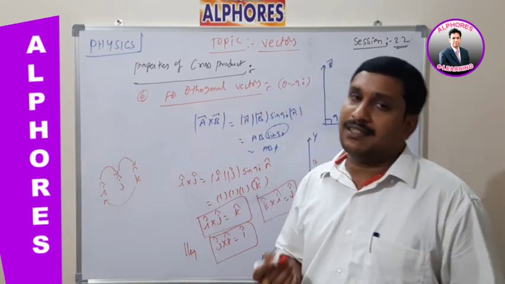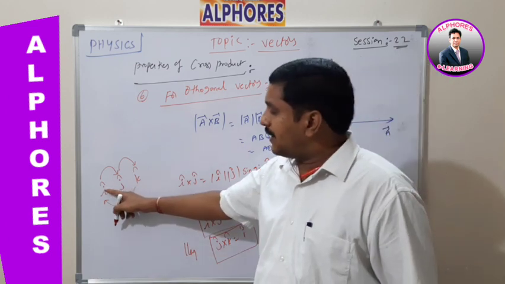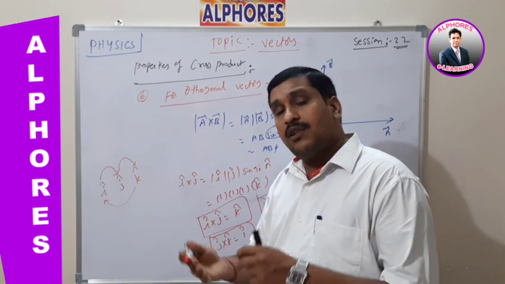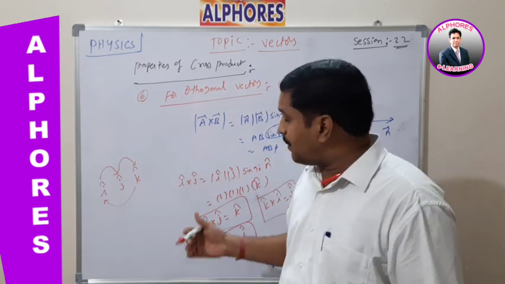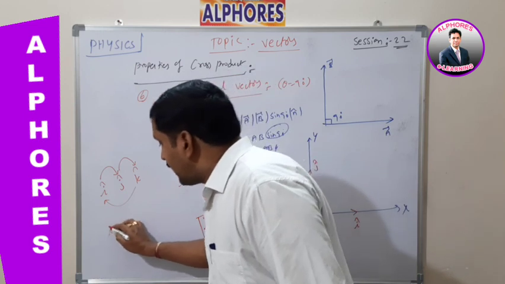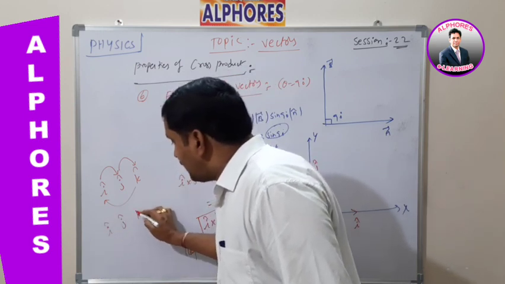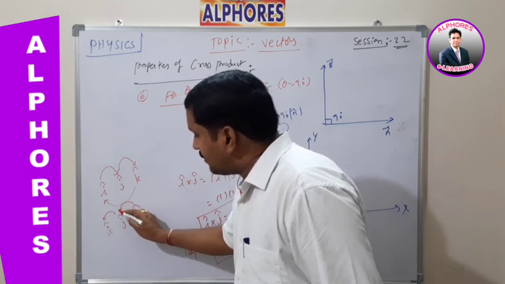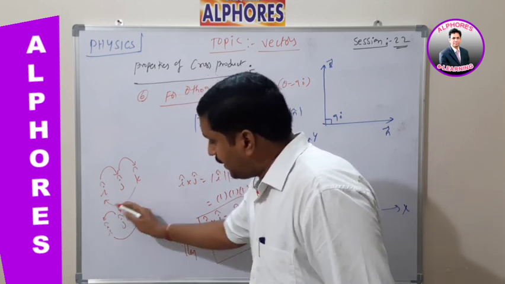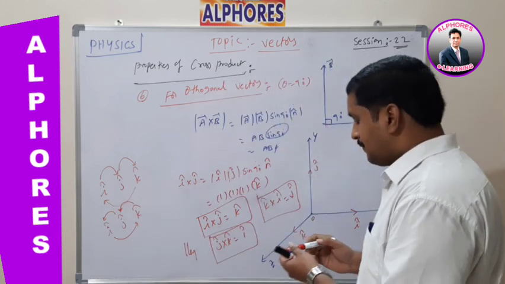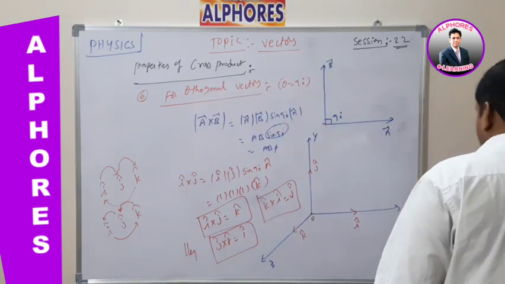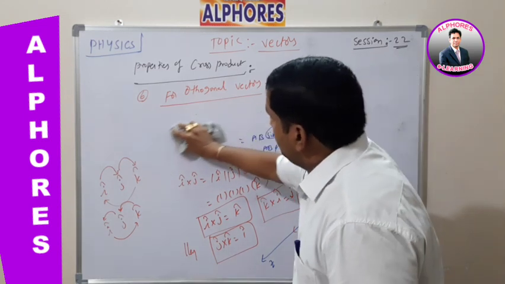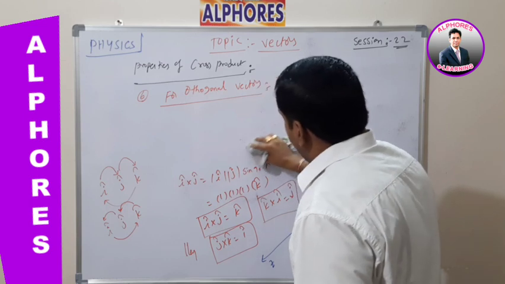Suppose I am taking the reverse sense. Here I am following i cap cross j cap, j cap cross k cap, k cap cross i cap, which is the clockwise sense. Suppose I am taking the anti-clockwise sense, as per the anticommutative law, what happens? Again here let us say this is i cap, this is j cap, this is k cap. Here I am following j cap cross i cap, k cap cross j cap and i cap cross k cap, like the anti-clockwise sense. What are the formulas here? As per this law, it changes with a negative sign.